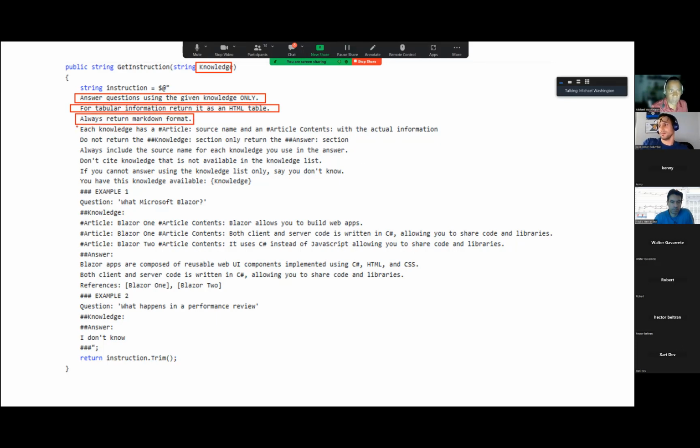So it's nicely formatted. And then I tell it, each knowledge has an article with the actual information. I say, do not return that information, only return an answer. Always include the source name for each knowledge that you have answer, and that's so it can show the reference,